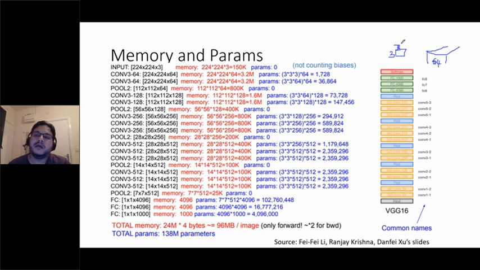So with a kernel like this, how many parameters do we have? 3 by 3, how many channels do we have? The image is 224 by 224. And how many channels does it have? Unmute yourself, please, and tell me. 3. 3, yeah, RGB.